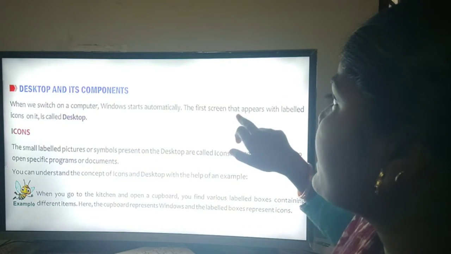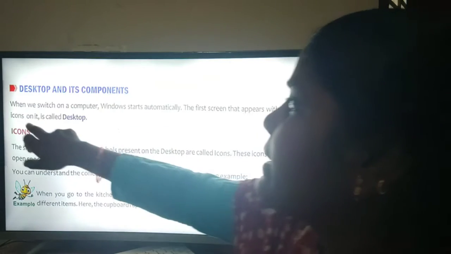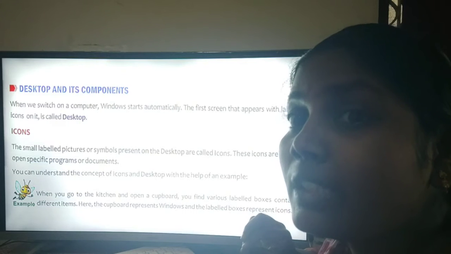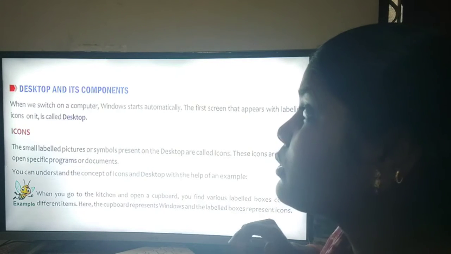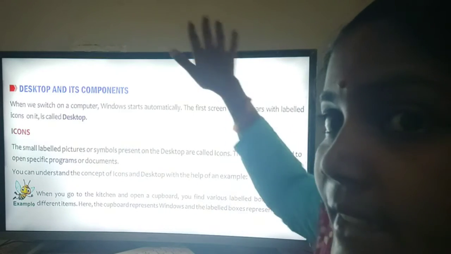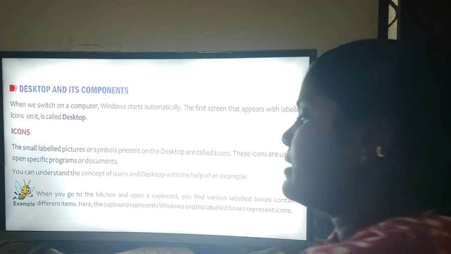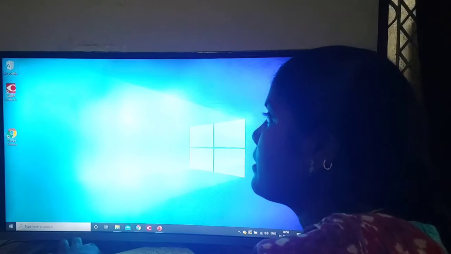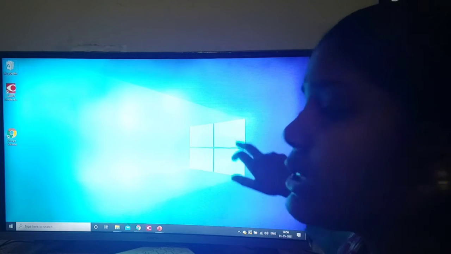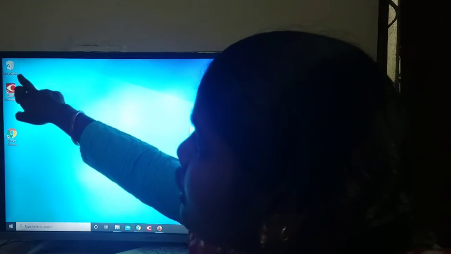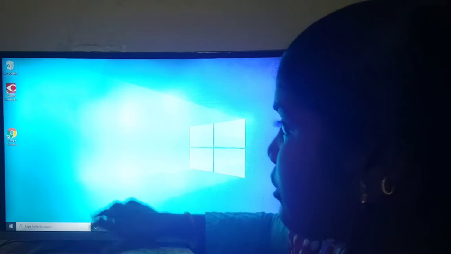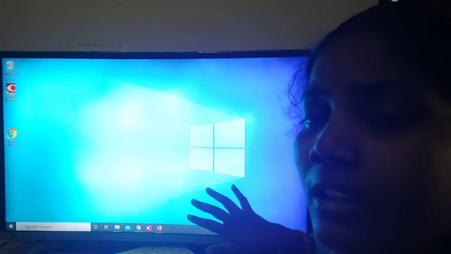The first screen that appears, with labeled icons, is called the desktop. The full screen is called a desktop. So this is the desktop, this is the Windows key, and these small pictures are our icons. This full screen we call a desktop.